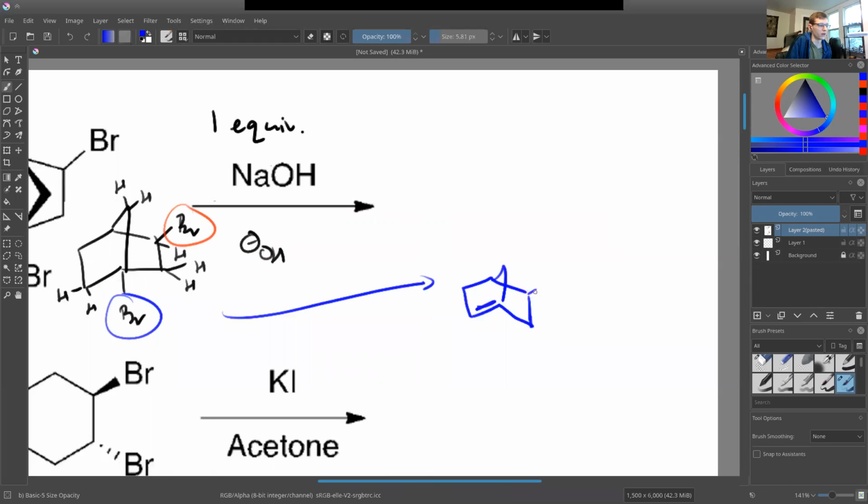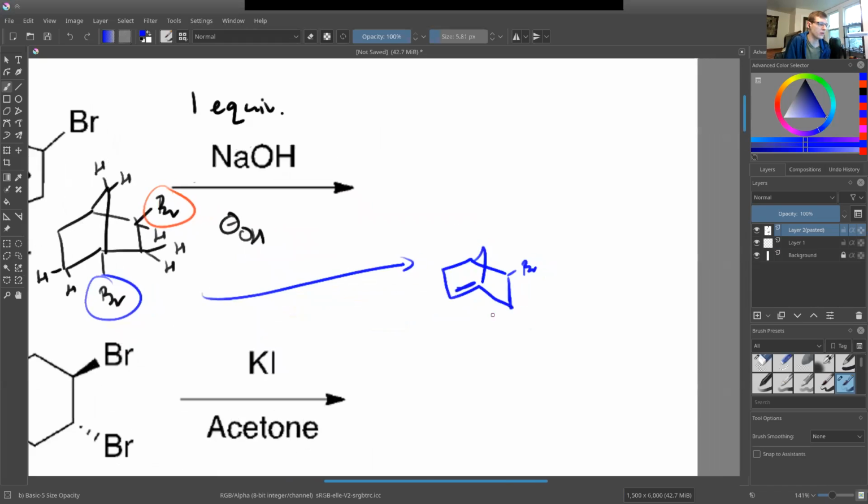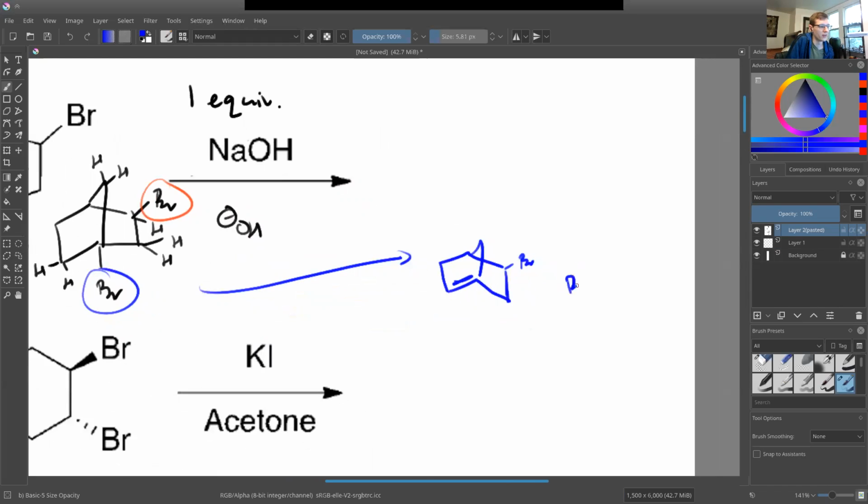And okay, whatever, there's an extra bromine here, it doesn't matter. But the thing is, there's that thing called Bredt's rule. And it's especially specific, but the idea is that you can only have a double bond at the bridgehead